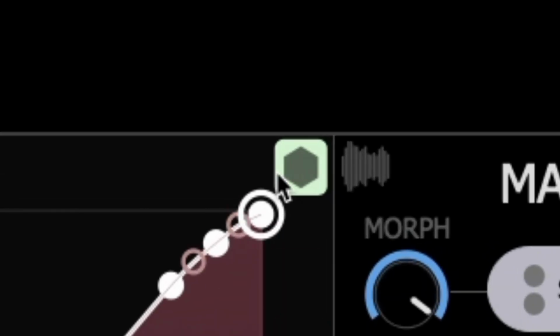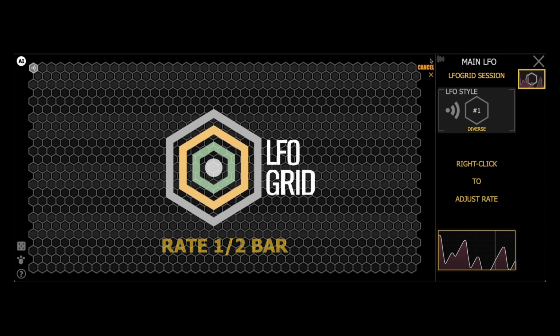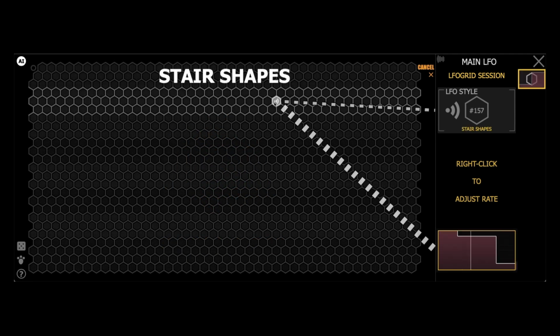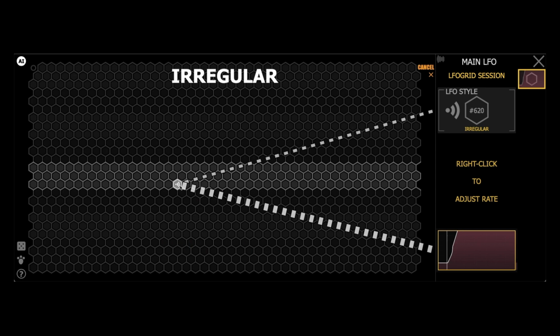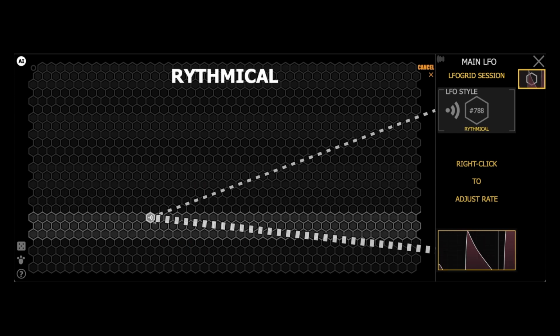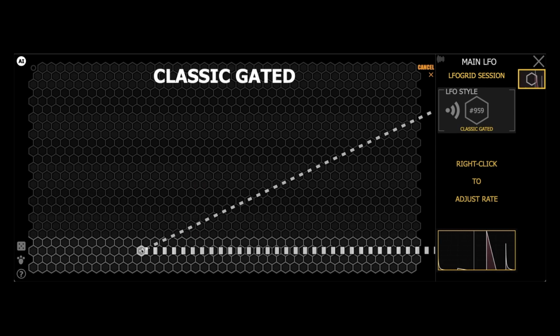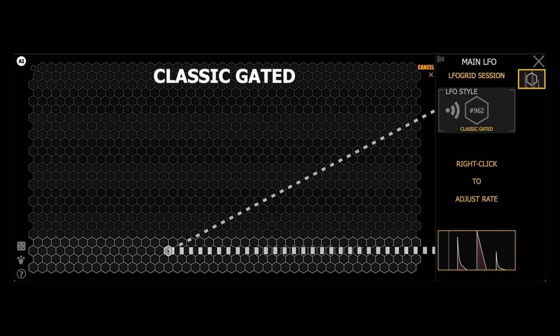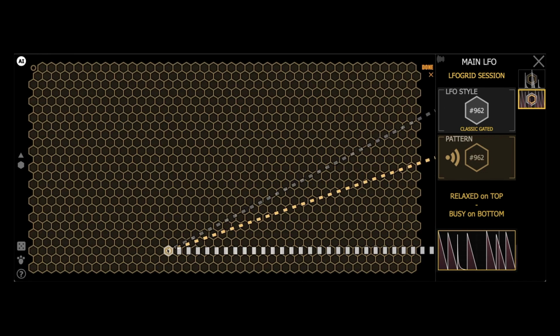Click here to start a new LFO grid session. The main goal is to generate thousands of new LFO in different styles. Each hexagon represents a new LFO. Hover over it to preview. When you find one you like, click on it, and the LFO grid will create a new set with similar